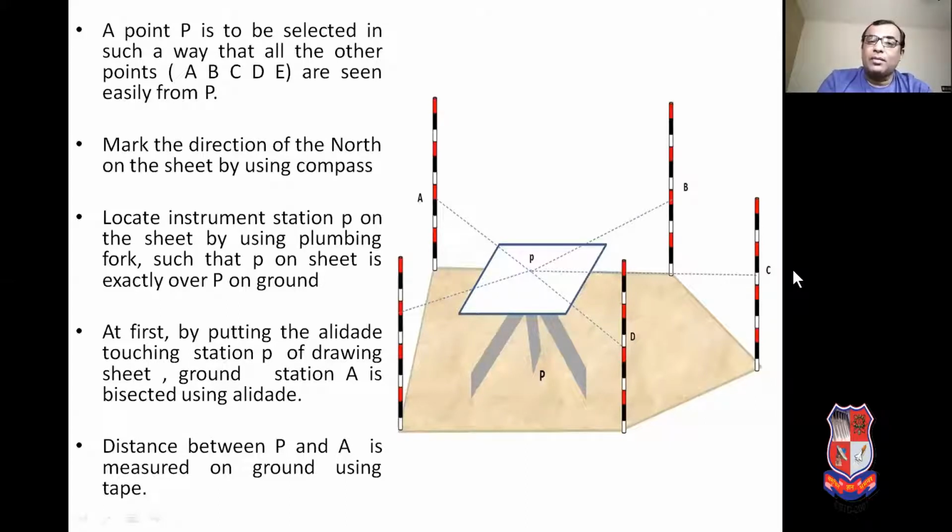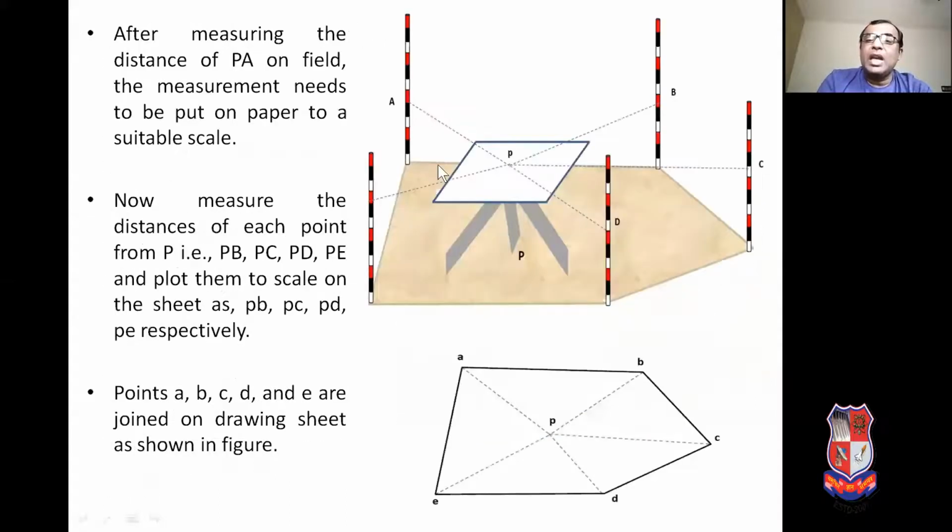After measuring the distance PA on the ground, the measurements need to be put on a paper to a suitable scale. Means suppose ground distance P to A is 15 meter and scale we have used is 1 centimeter is equal to 1 meter